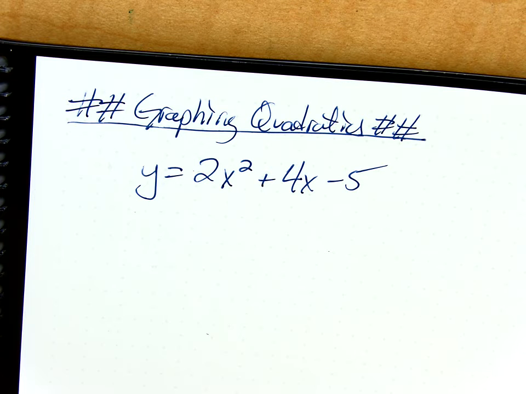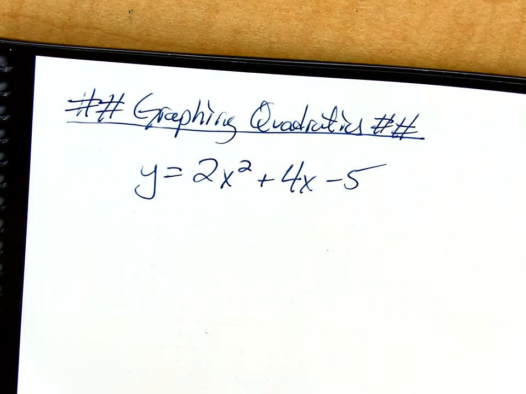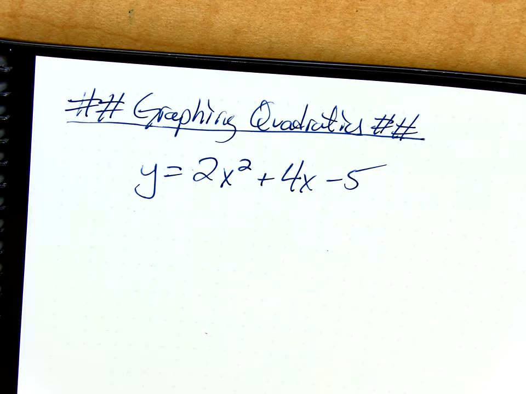It's narrow. Yeah, if A, the bigger A is, the more narrow the graph gets. So it might be hard to see that depending on the scale that they're using. And 2 is not that much bigger than 1, so it doesn't look, like if it was 20, it'd be super narrow, right? But anyway, so I know that this is supposed to be up like a cup, and I also might know that it's going to be a little bit on the narrow side. Okay,